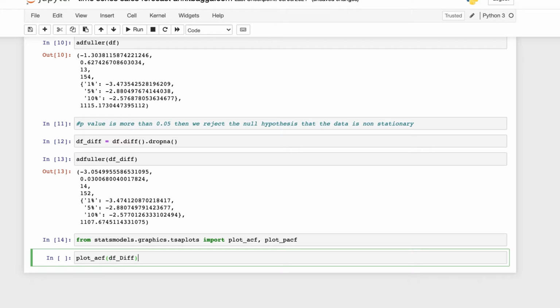What we do here is pass our differenced data and set the lags to 100,